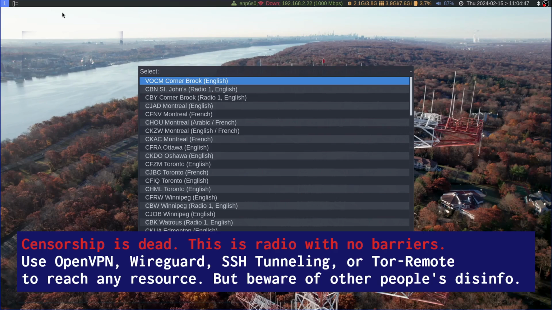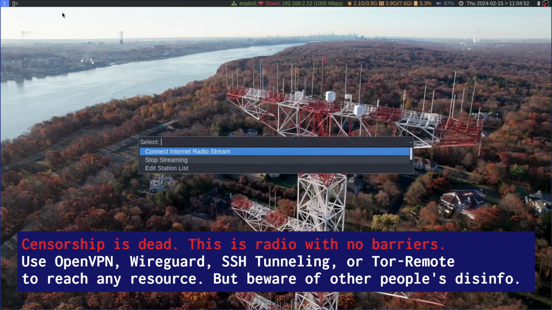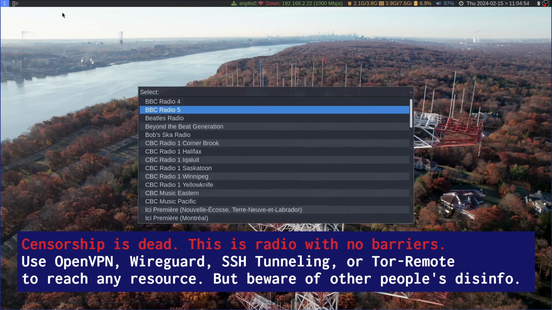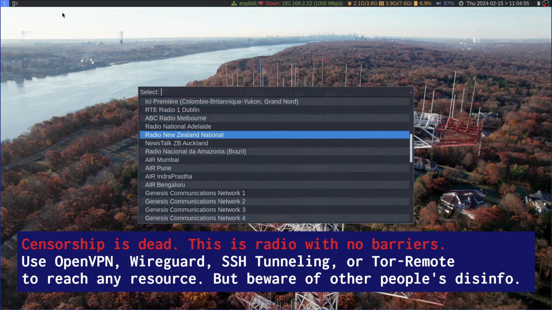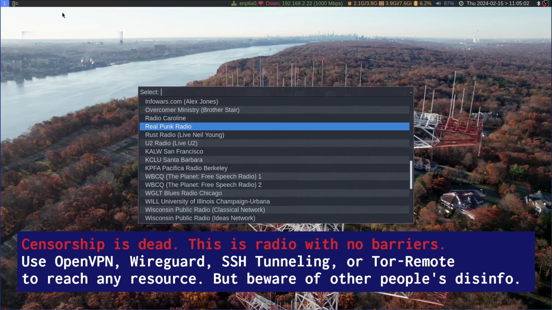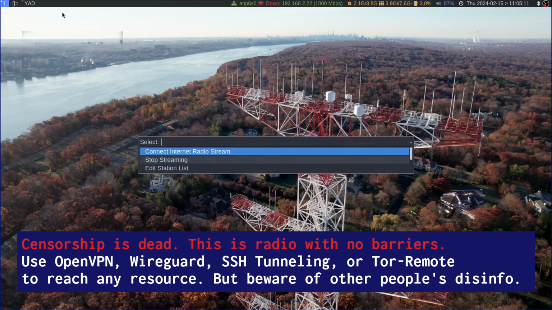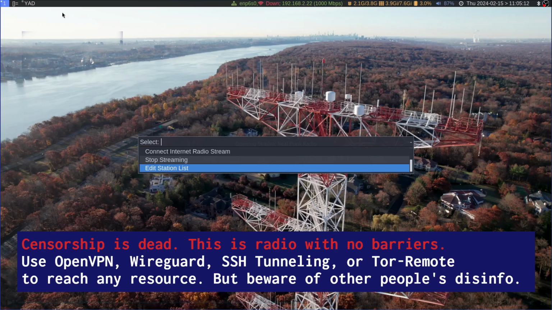Jamming can be beaten. Geo-blocking can be beaten. If your neighborhood is too noisy, you can connect to a distant receiver even if your internet is restricted. If the bastards won't let you get the BBC, or if your local airwaves are jammed or just too noisy, you can find a way. Connect to an internet SDR on the other side of the world and then have a laugh and enjoy your